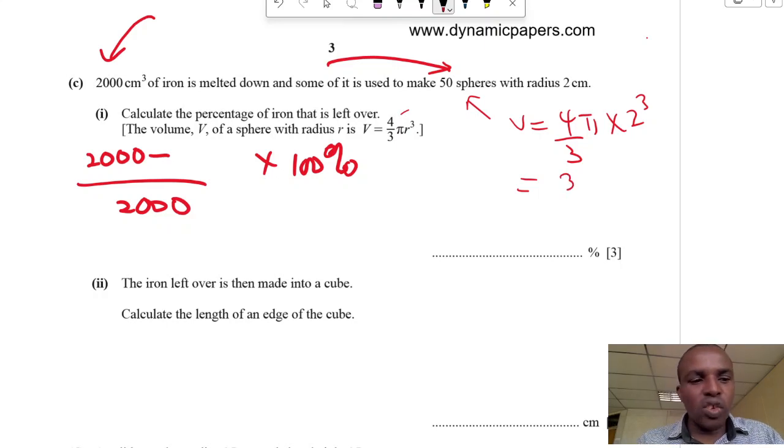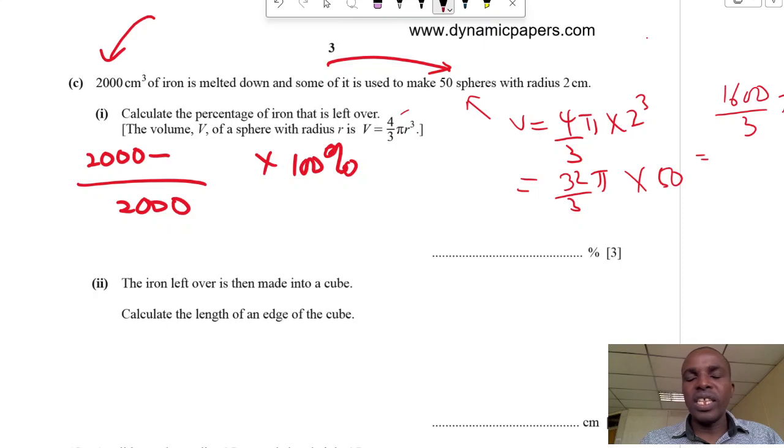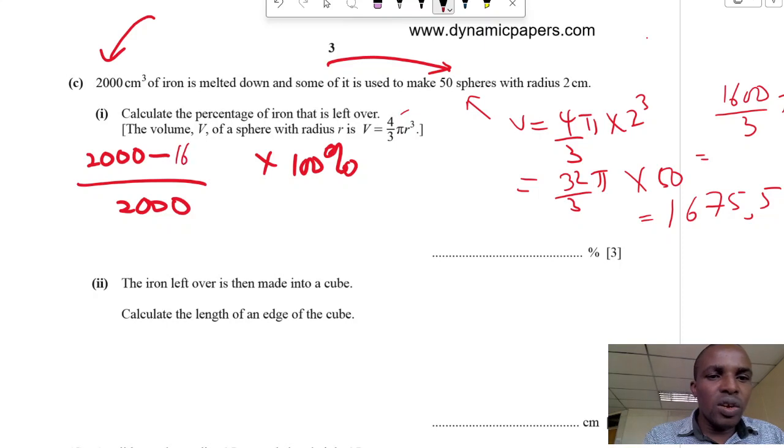So it will be 32 over 3 pi. That's the volume of one sphere. Then times 50 spheres. Then you get something like 1.6 over 3 pi. Then as a decimal, it's 1675.5. Then to 3 significant figures, or let me just put this one, 1675.52. Then subtract this from 2000,